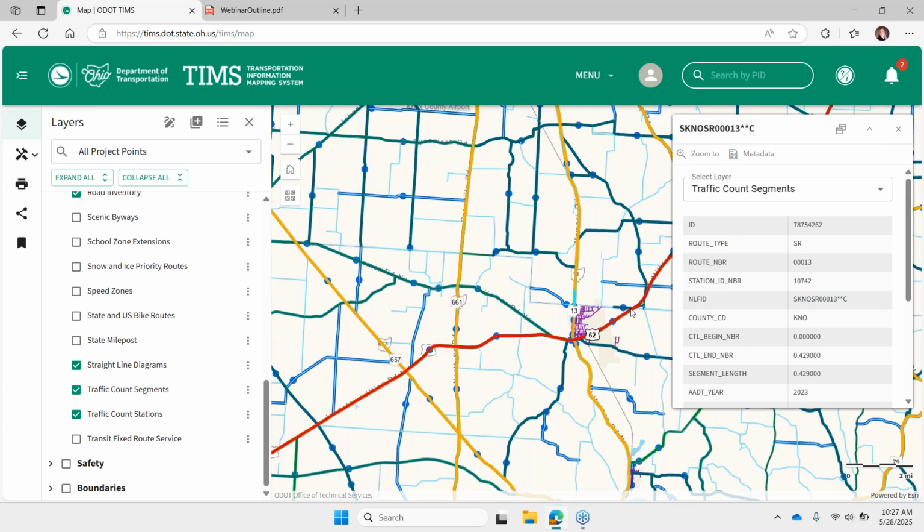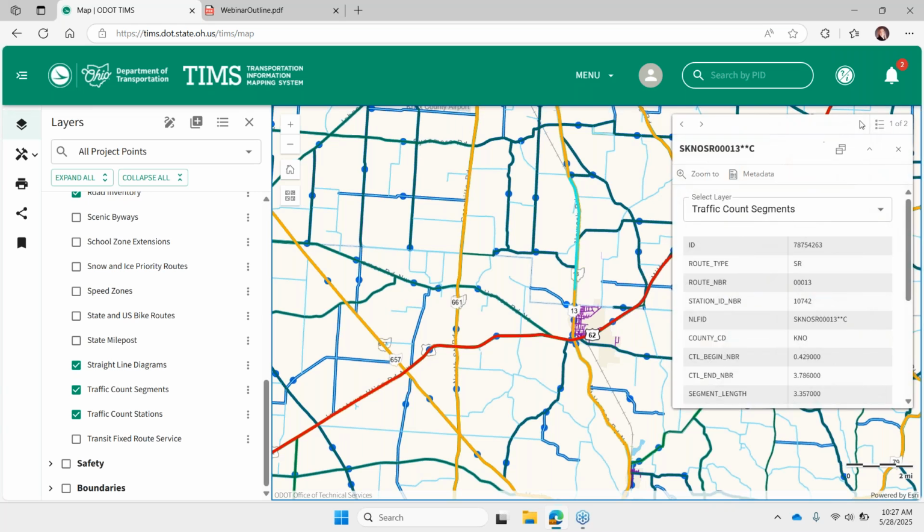This one will do it. There we go. So for my traffic count station where I clicked, I had two records of the same data set, so I can toggle between those.